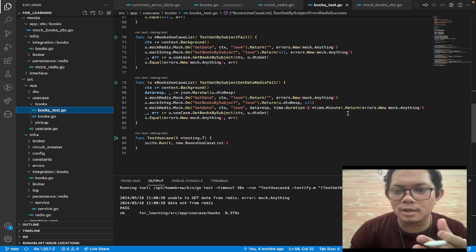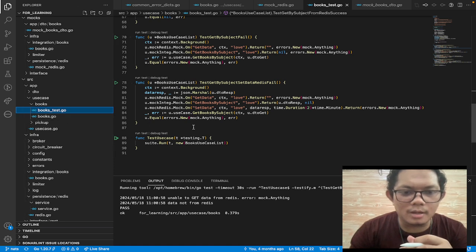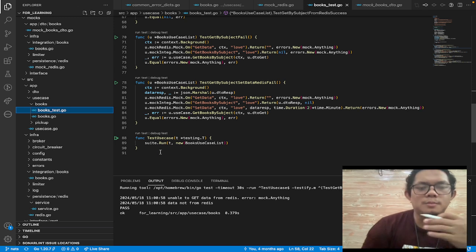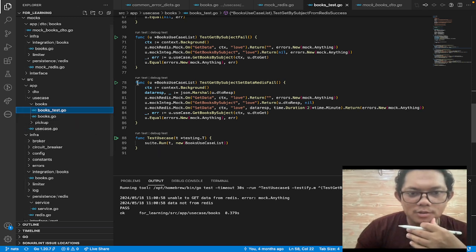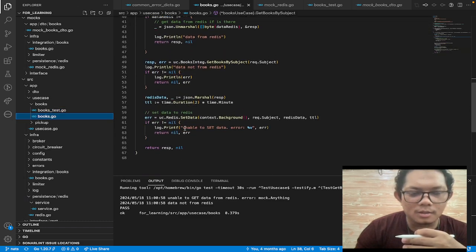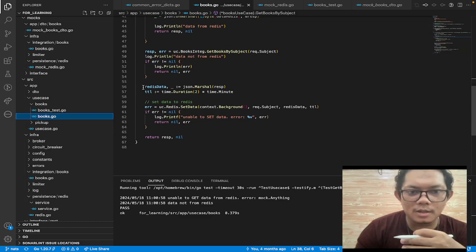So we make this scenario that set data from Redis returns an error. And after that, of course, we just compare the error is equal to error mock anything like this. And in this last line, this is the method to run the testing process. In this method, we test the scenario where Redis set data occurs and then an error occurs.